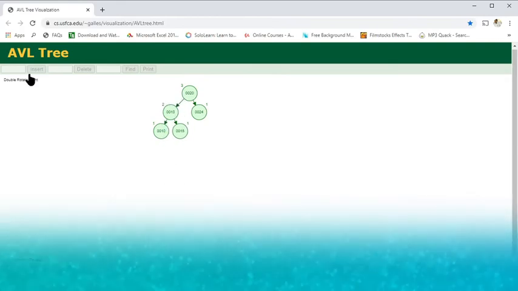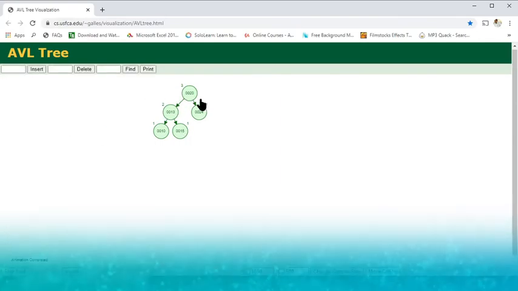Okay, you can see it made double rotation, so you can work it out slowly. Here it's going double rotation in one single video, so you can understand how it is done. But you know the procedure. If it is a left right, go for left rotation first and then right rotation. If it is right left, go for right rotation and then go for left rotation. Okay.